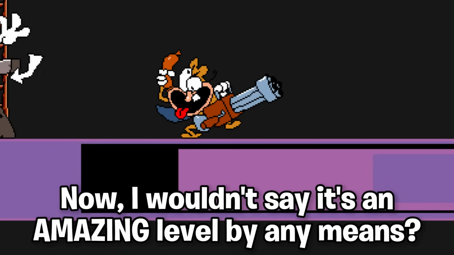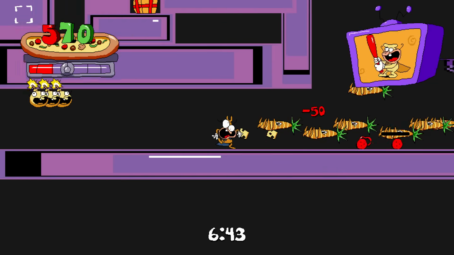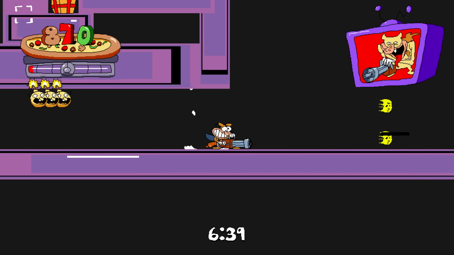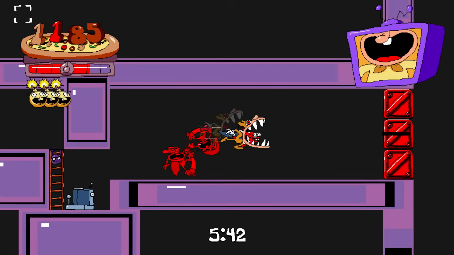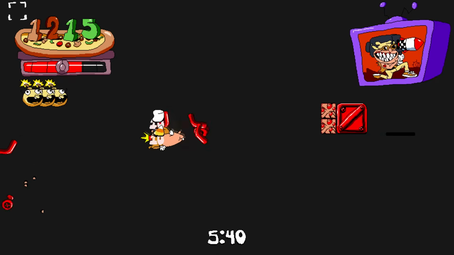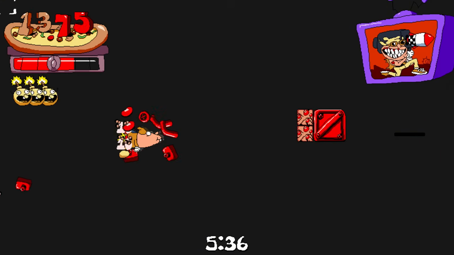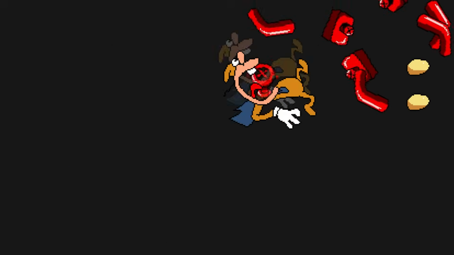Exit is overall a very interesting level, and it's quite challenging too. Now, I wouldn't say it's an amazing level by any means. Even playing it in its original build proves to be pretty difficult, since the level itself is just annoying, but I overall think it's a very neat historical piece of Pizza Tower's legacy, as it would eventually lead into another Final Cut level. This one being